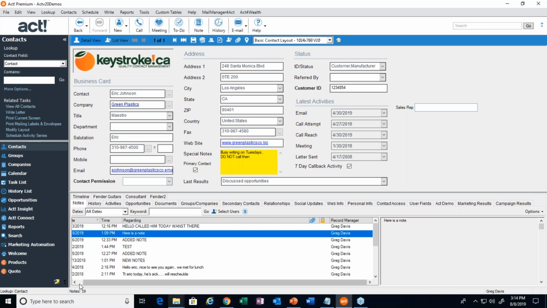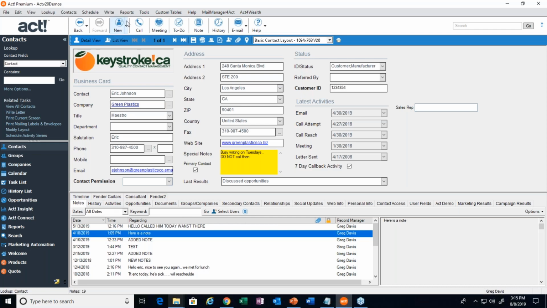So this is a great place to go to see who's entering notes, what kind of notes have been entered, and when they were entered. Entering a note on an account, and again, this is just a place to put in free-form notes. This can be used for anything. I see a lot of people use it for a lot of different things, just to put whatever they want in there. Entering a note can happen a couple of different ways. I can click this button right here to insert a new note on the Notes tab, or